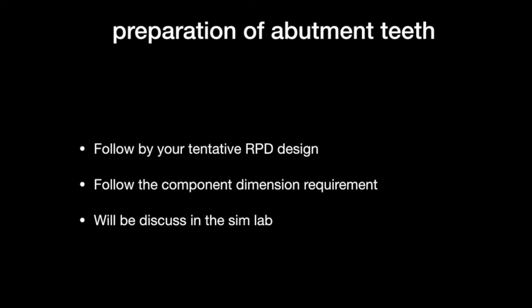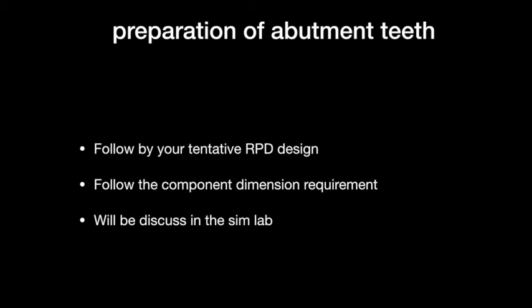The last step is to do preparation of the abutment teeth. When you have your tentative RPD design, you will have those locations of the undercut, and you also need to create a guiding plane. If your tooth morphology doesn't really follow those, then you have to prep the tooth. So the preparation of the abutment teeth needs to follow your tentative RPD framework design. Also, you have to follow the component dimension requirements, and we will discuss those dimension requirements in the SynLab. You will eventually learn how to choose the appropriate bur and how to create the appropriate dimension for